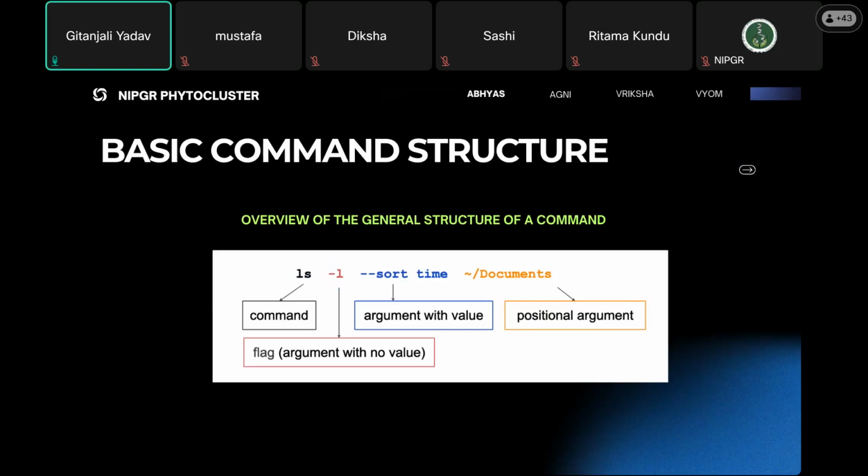But the minus itself, the flag itself, the minus L or minus A or minus H or minus whatever, it has no value. However, sometimes you have to add a value to the flag. And if you put a flag with a value, then it is always used with a double minus, not with a single minus. A single minus flag means an argument with no value. But if you put a double minus, such as ls minus L minus minus sort, then you have to add